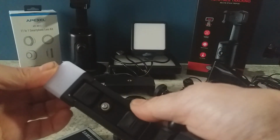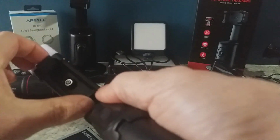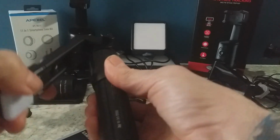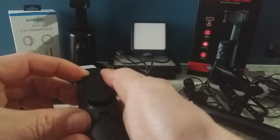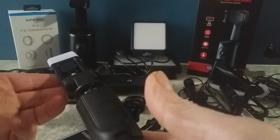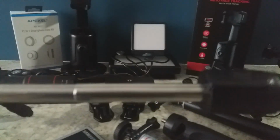That moves. You've got a fill light there, two different settings. Camera fits in there. There you go. That folds nice and flat for your convenience. It also has a remote that just pops out there, and you've got a little button. It's battery powered. You can just swap that over just to take pictures, and if you want to stop start, if you want to do a film. So obviously it also extends quite a way,